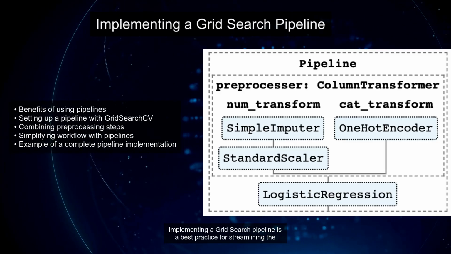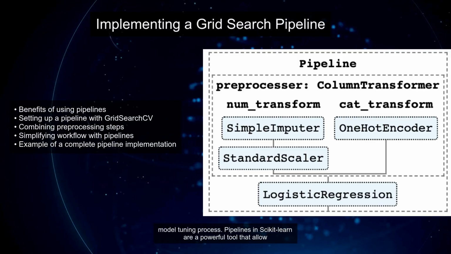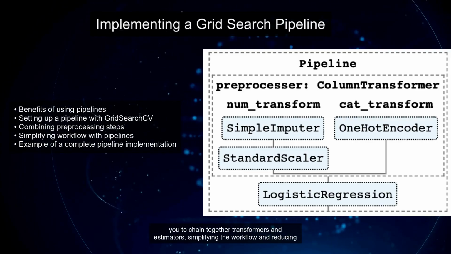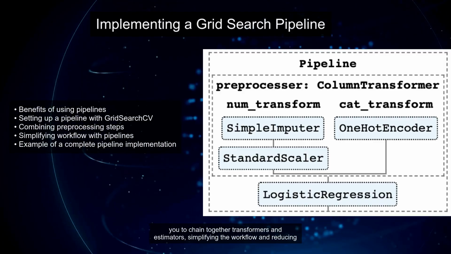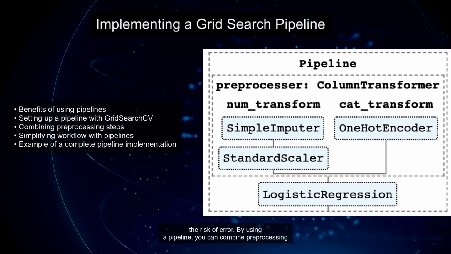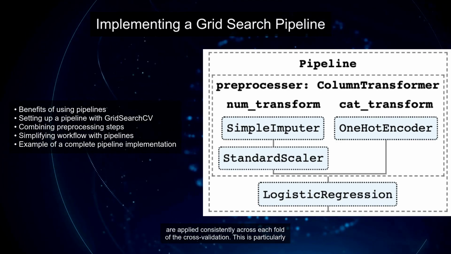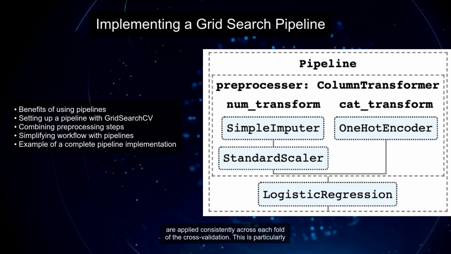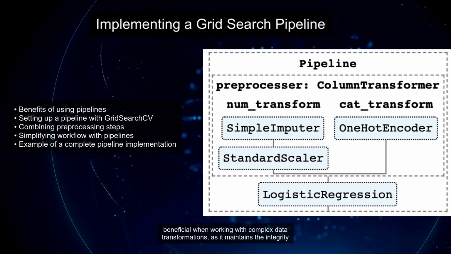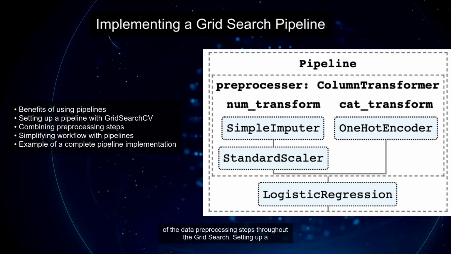Implementing a grid search pipeline is a best practice for streamlining the model tuning process. Pipelines in Scikit-learn are a powerful tool that allow you to chain together transformers and estimators, simplifying the workflow and reducing the risk of error. By using a pipeline, you can combine preprocessing steps with the model training and hyperparameter tuning, ensuring that all operations are applied consistently across each fold of the cross-validation. This is particularly beneficial when working with complex data transformations, as it maintains the integrity of the data preprocessing steps